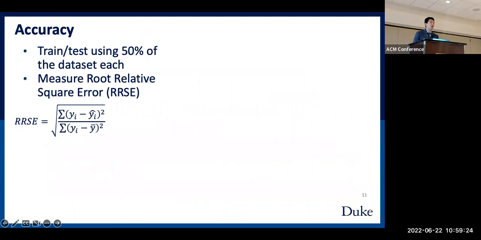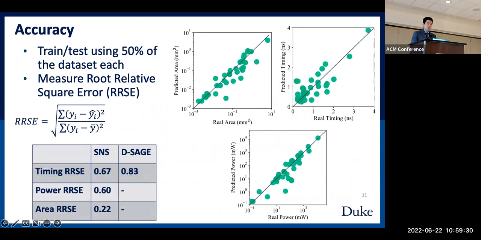For our experiments, we reserve half of the data set for training and the other half for evaluation. We show some of the accuracy results from our evaluation. We measured the root relative squared error against the ground truth result and reported it in this table. For this metric, the lower the better. Compared to our prior work, which performs only timing analysis, SNS lowers the error rate.